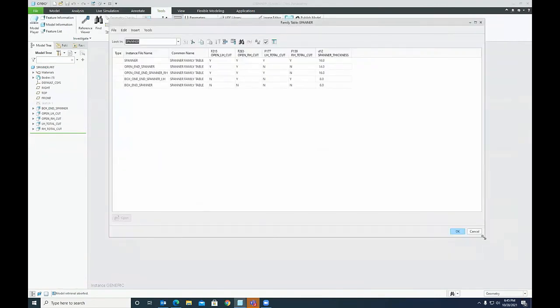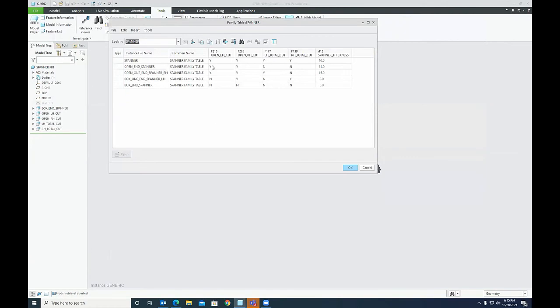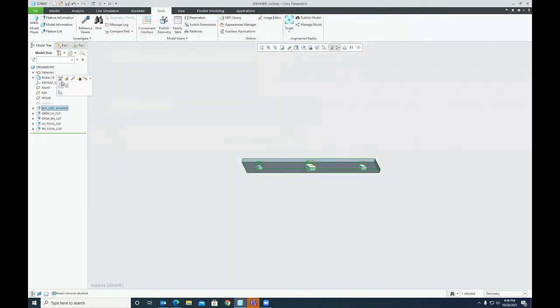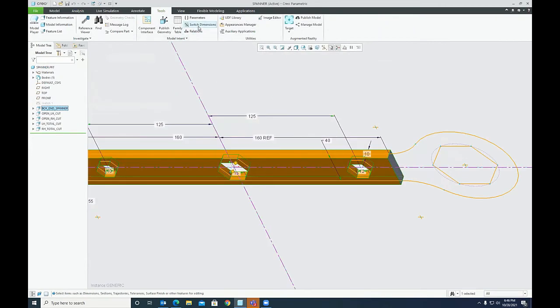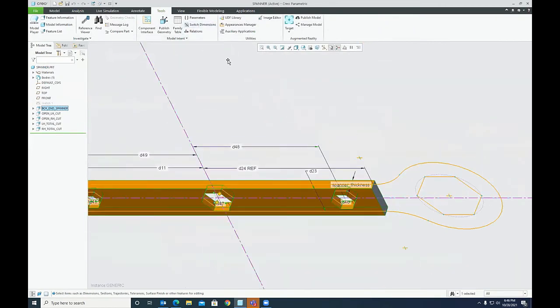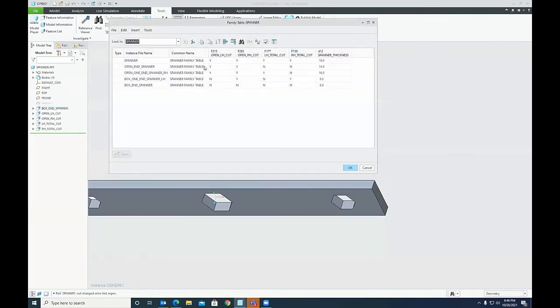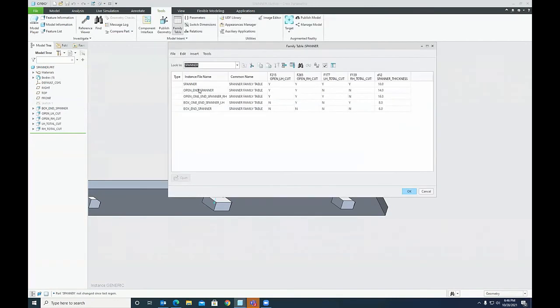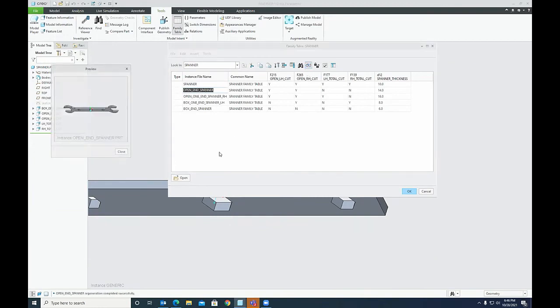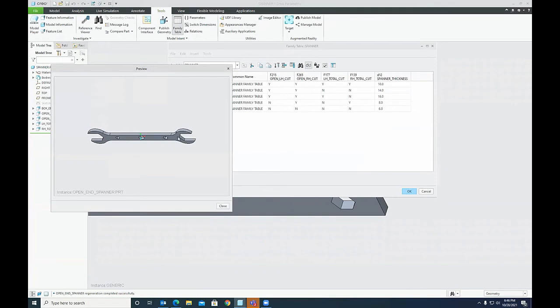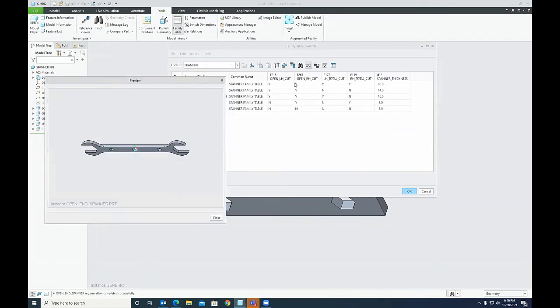Here you can see that the instances are listed. I'm just enabling and disabling these 4 extrude features and also the thickness dimension. The thickness dimension comes over here, which is nothing but this spanner thickness. Okay. So the family table is like this, and this is the generic one. Now this one is the open end spanner. If I see the preview, it will look like this. Both the ends are open, for which I am enabling both the open side cuts.